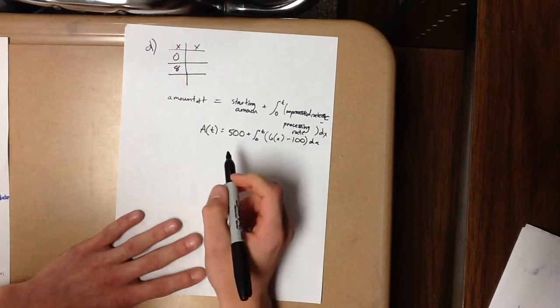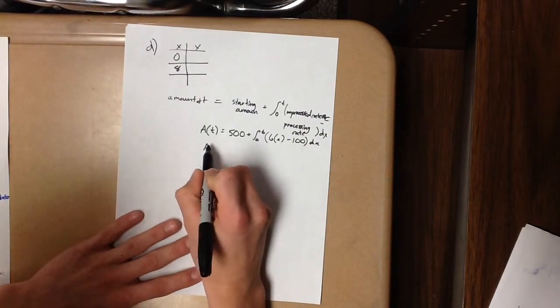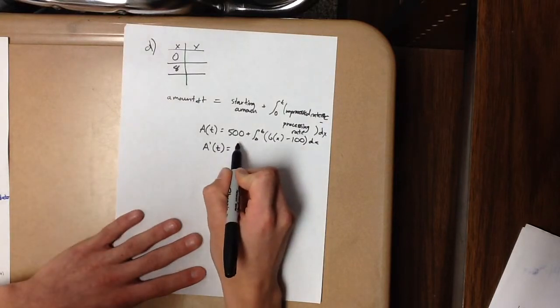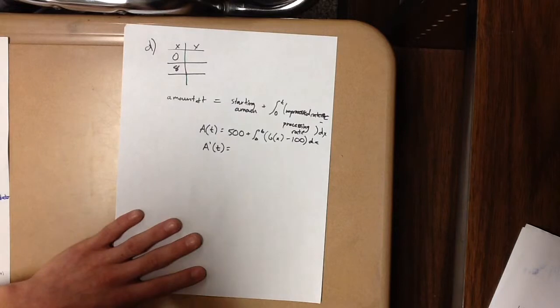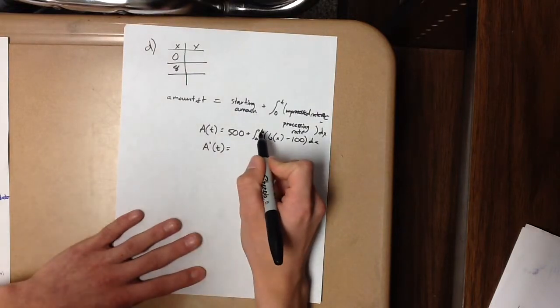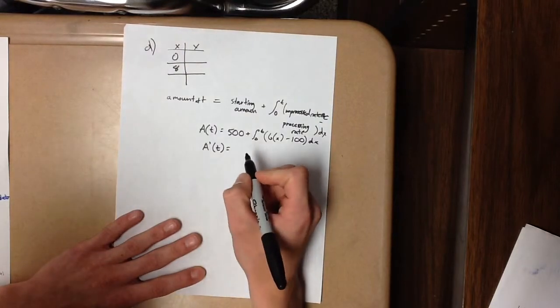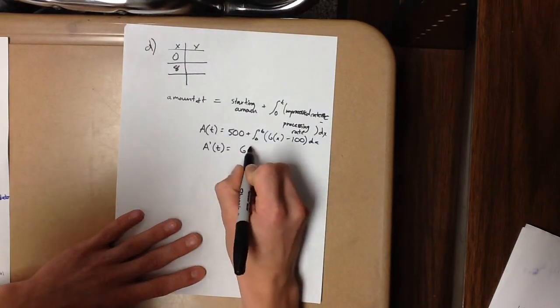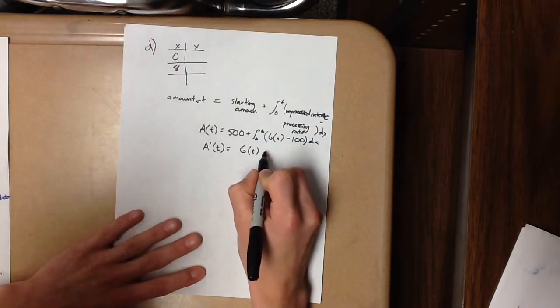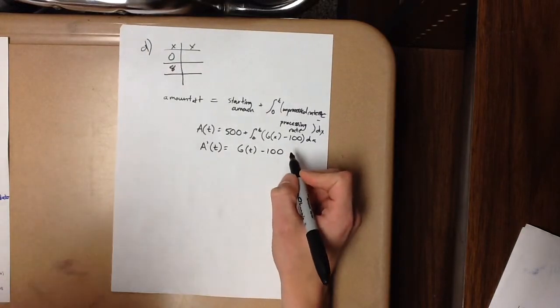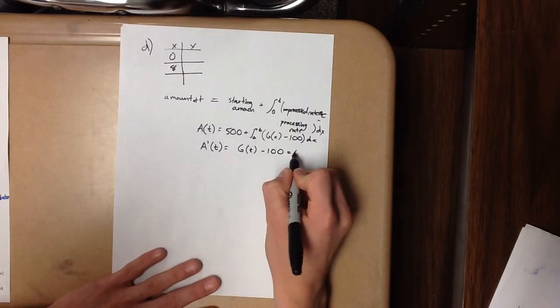And we take the derivative of this, and the derivative of a constant is 0. Then using the fundamental theorem of calculus, we take the t down and we get g of t minus 100 is the derivative. And then we set that equal to 0